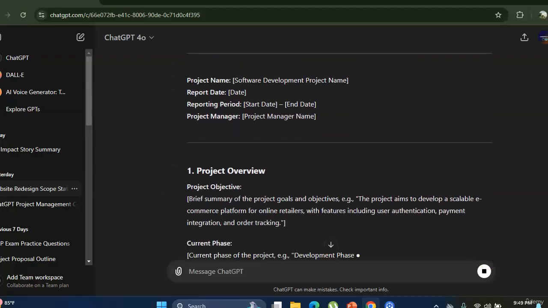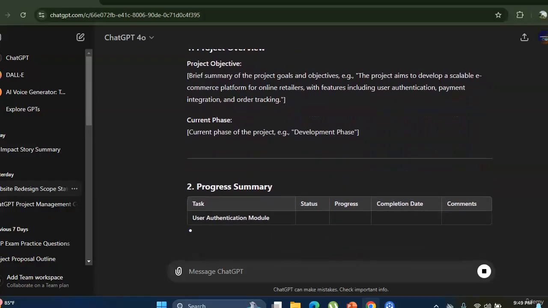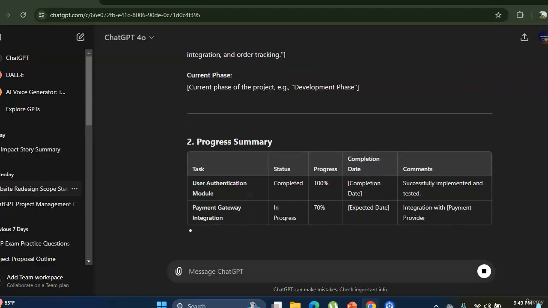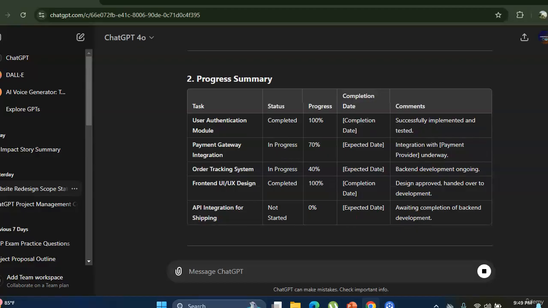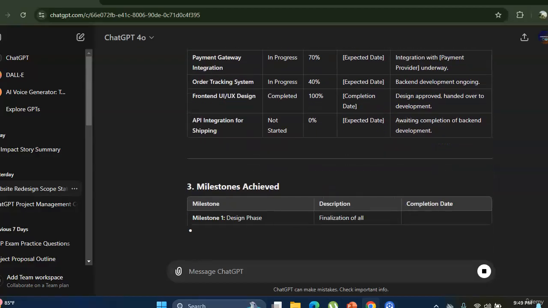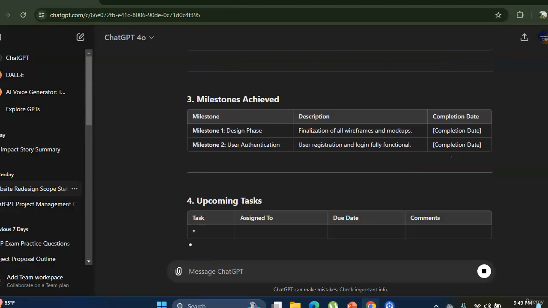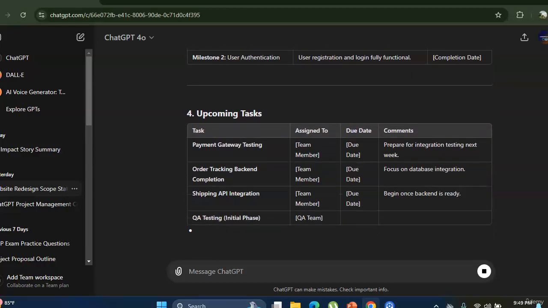Project overview, project objective, current phase, for example, development phase, then progress summary: user authentication, payment gateway, order tracking system, front-end design, milestone achieved, like design phase, its completion date, user authentication, upcoming tasks,